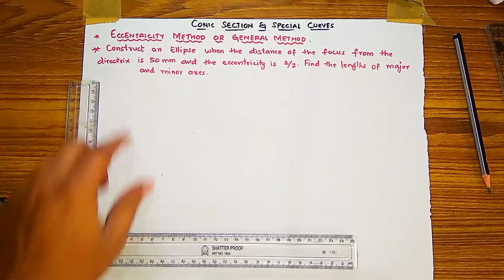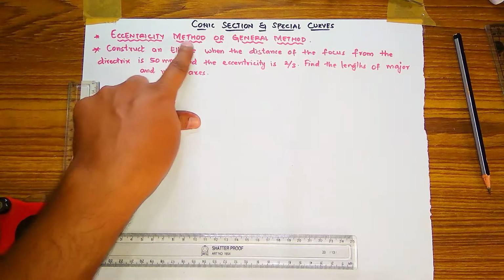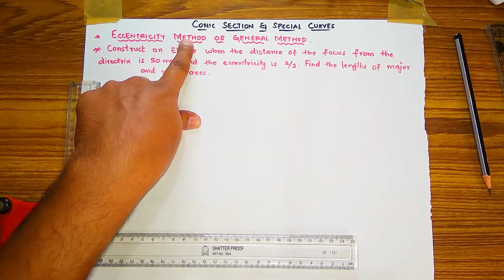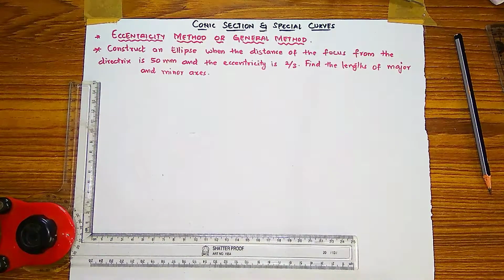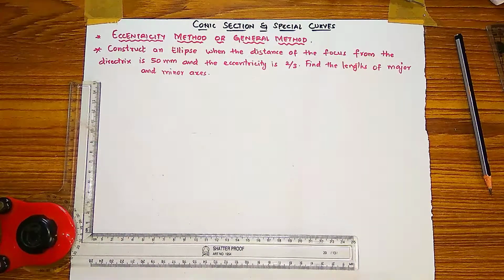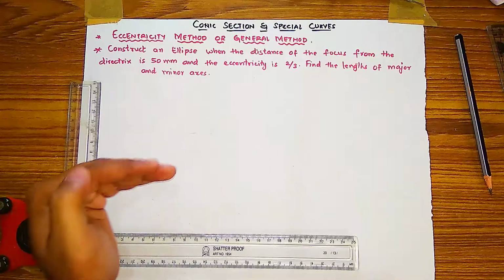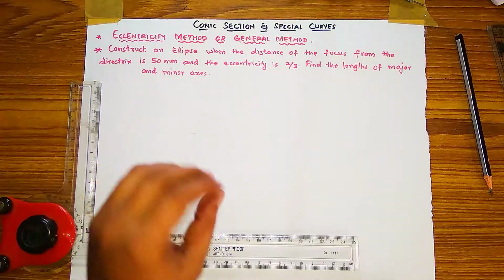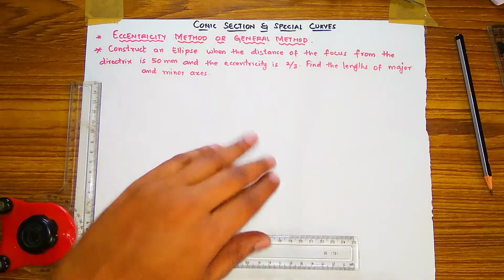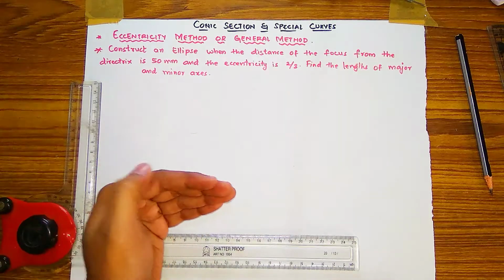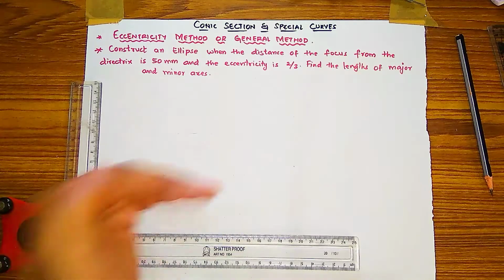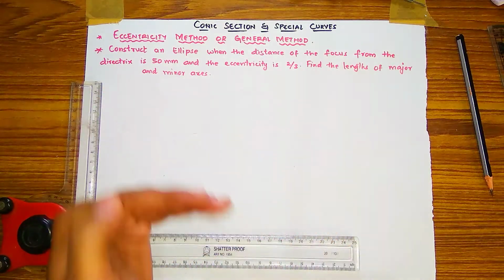In conic section, the first problem I am going to explain is the eccentricity method of ellipse. Means you have to construct an ellipse by eccentricity method or general method. I'm going to explain with my basic things and basic skills how to draw this ellipse by this method. So carefully watch my videos till the end. You will come to understand easily and you can solve this problem by yourself. I'm damn sure that you will do this problem by yourself by understanding this concept from my explanation.